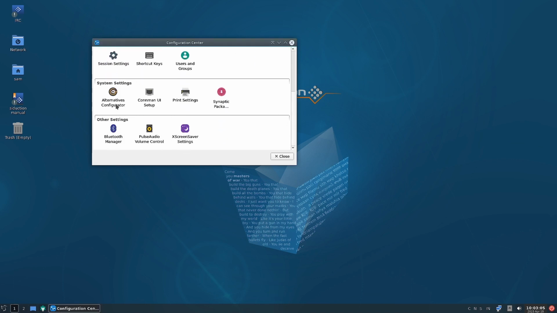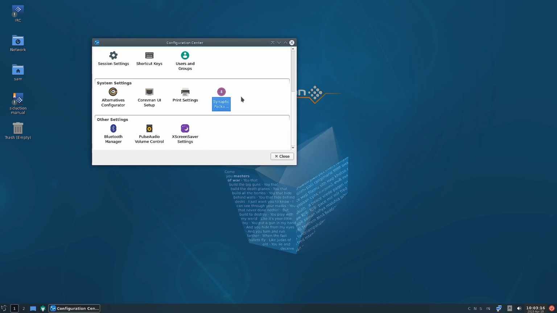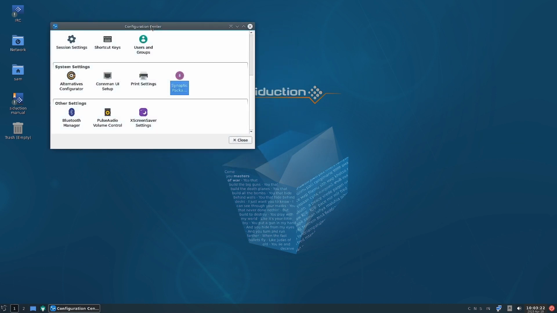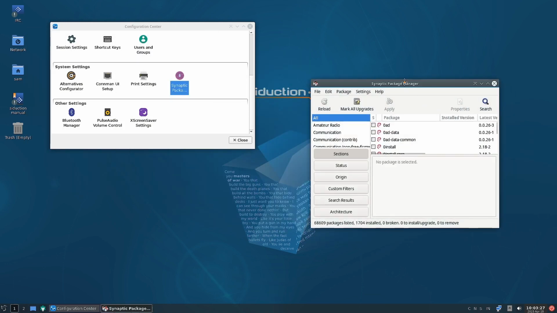Now let us come over to the alternatives configurator. We have seen Connman, also we have seen printer settings. It is CUPS printer. Synaptic package manager we will check definitely. So there is no software store, only the Synaptic package manager is there. So we will have to use the Synaptic package manager to install any application package you want, or you can use the terminal. So only two methods: either terminal and apt package manager, or you can use the Synaptic